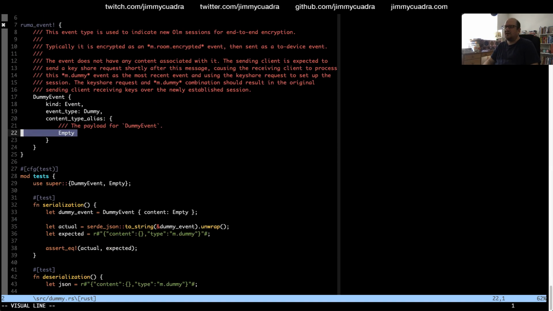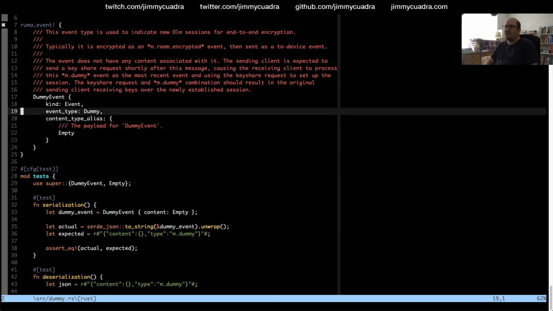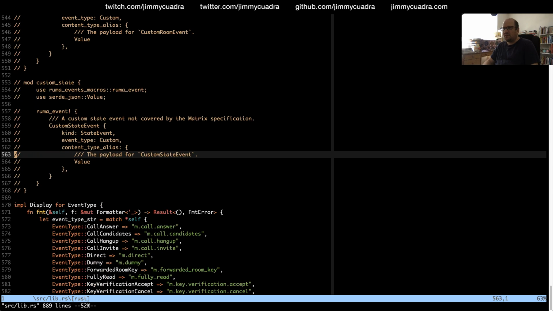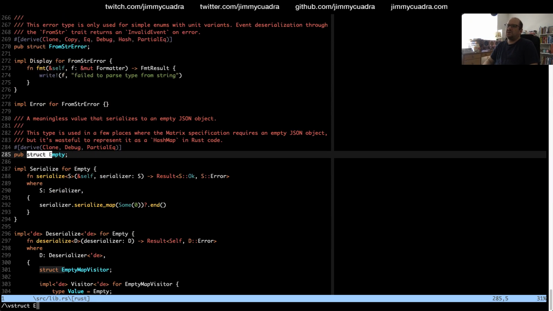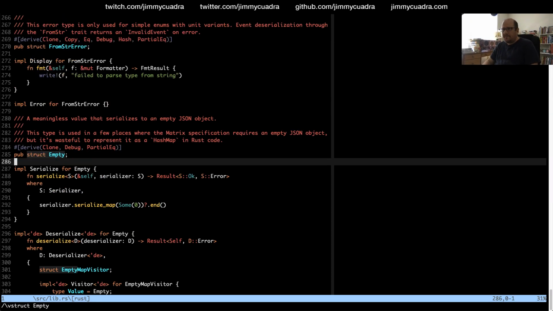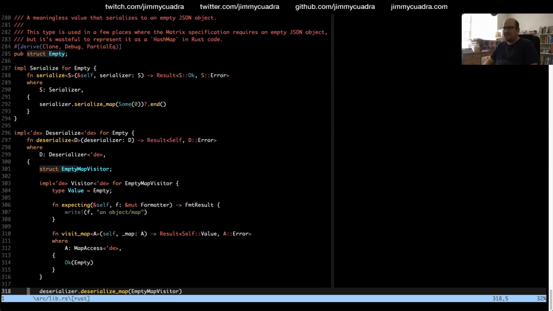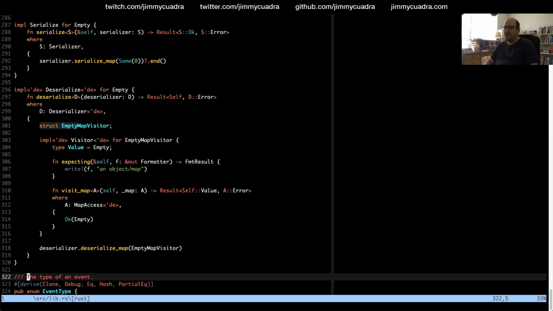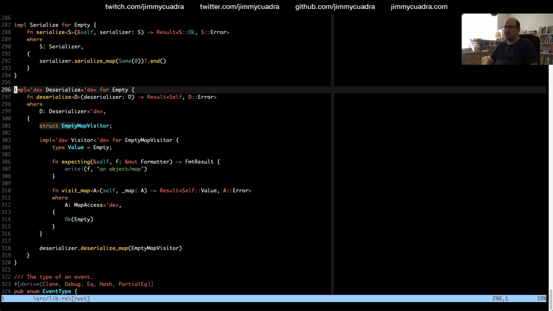This uses a type alias as its content, so the type of the content for this event is just an empty structure, and empty comes from here somewhere. Struct empty. So empty implements deserialize, but we also need an implementation of deserialize for event result.